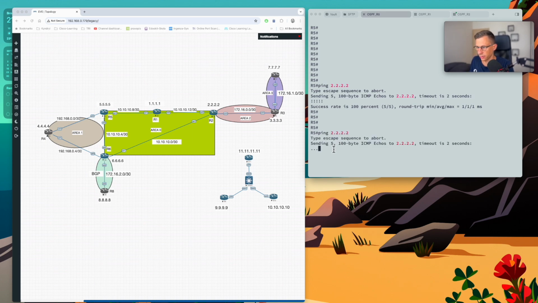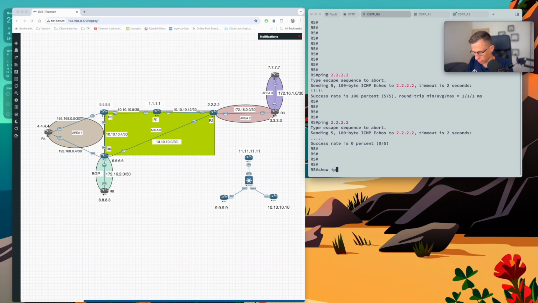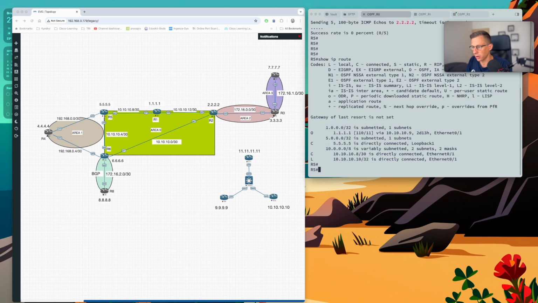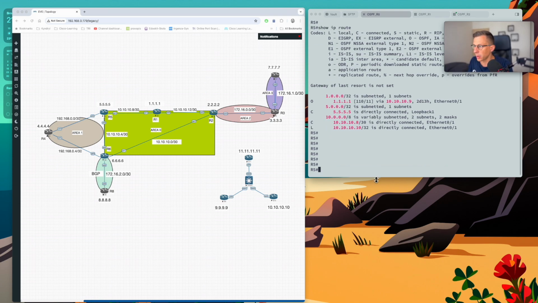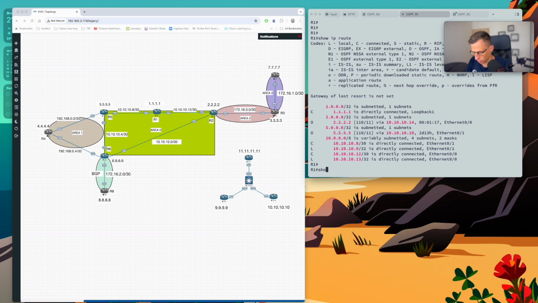The reason is, if I do show IP route, I will not see the route 2 being redistributed because the route 2 is being sent into the router 1, OSPF process 2. By default, OSPF process 2 will not redistribute the routes into OSPF process 1. The only way to fix that is if we go back to router 1 and I do show run